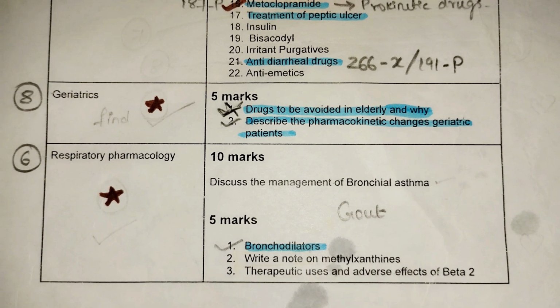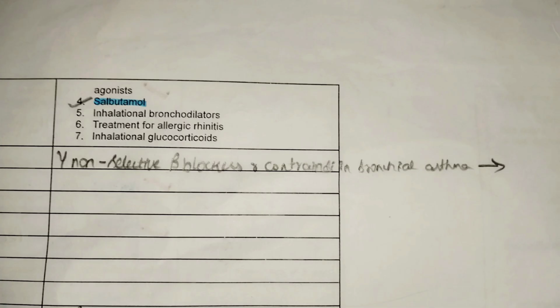Now, moving on to the 5 mark questions. First one, bronchodilators. Second one, write a note on methylxanthines. Third one, therapeutic uses and adverse effects of beta-2 agonists. Fourth one, salbutamol. Fifth one, inhalational bronchodilators. Sixth one, treatment of allergic rhinitis. Seventh one, inhalational glucocorticoids. And add one more extra question, that is why non-selective beta blockers are contraindicated in bronchial